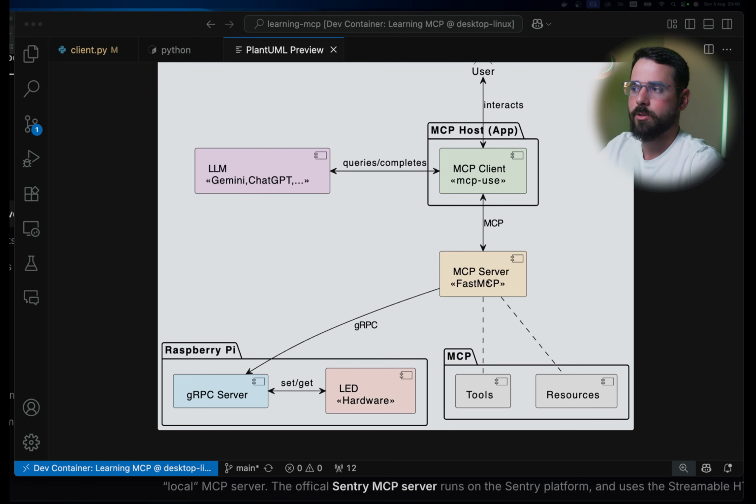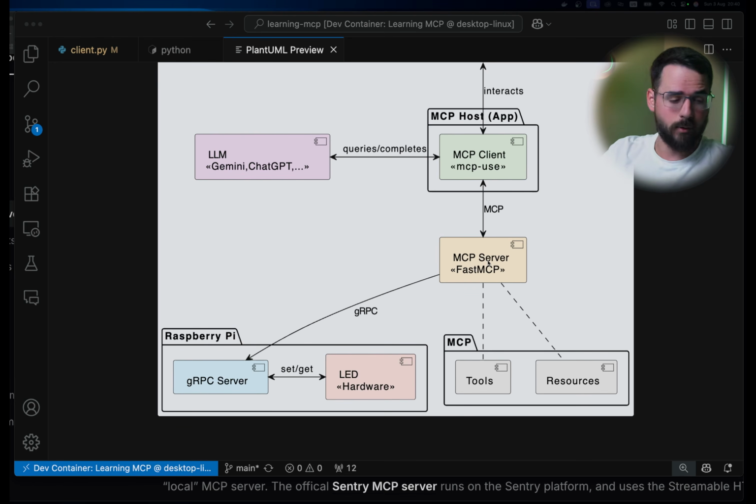And that MCP server, it serves the purpose of exposing stuff that we can do in the real world via sort of an API, MCP. And the MCP server, for that particular case, it is connected to a gRPC server. I couldn't make a video without gRPC, you know me. This is our connection. And the gRPC server is waiting for commands or requests to turn on or off our